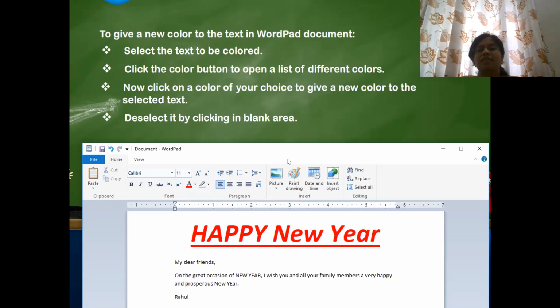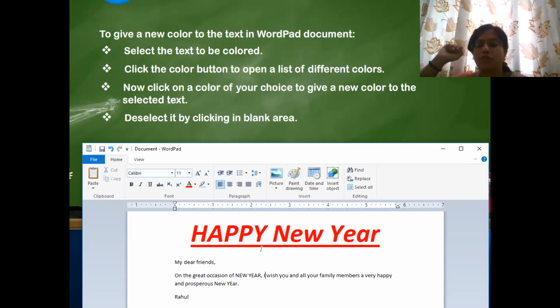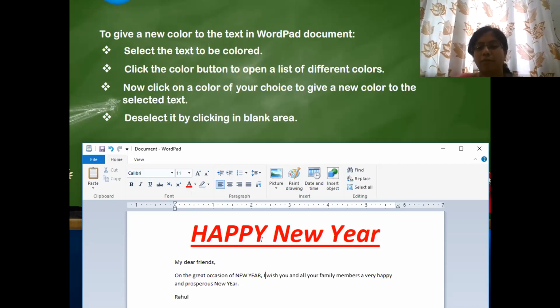Children, let's just repeat until here for today's class. This is enough. We'll just revise what all we saw today. We saw about WordPad. How do we open WordPad? Click on the start button, and then what are you supposed to do? Once you click on the start button, you are supposed to type WordPad and WordPad appears. Click on that and it will come.